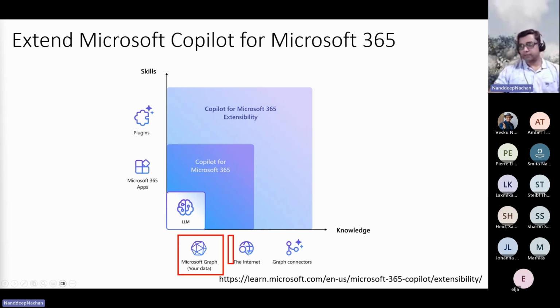Then we do have the power to connect to the internet to get the latest information. So that means here we are maintaining the knowledge of our organization: the organization data as well as the power of the internet. Now, for example, if you want to build on top of that and add some more capabilities to your